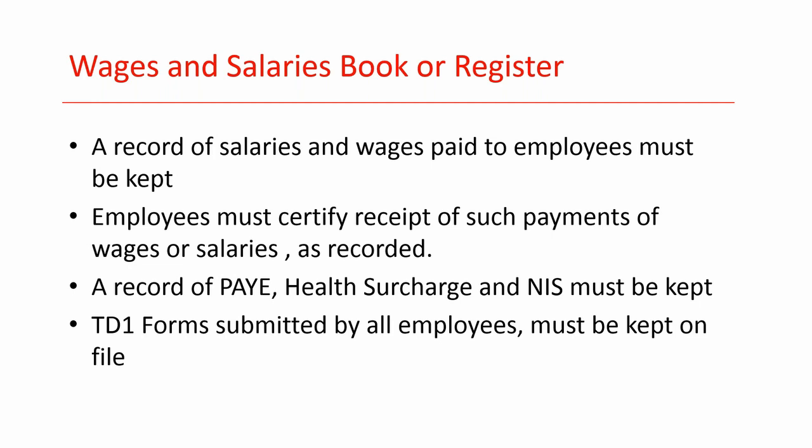With regard to wages and salaries, book and register, you should keep a record of the salaries and wages paid to an employee. You must also give a receipt for such payments of wages and salaries as recorded. That payslip is evidence of what you have given to the employee. It's like the receipt, so to speak. You must also record the PAYE deducted, the health surcharge deducted, and the National Insurance